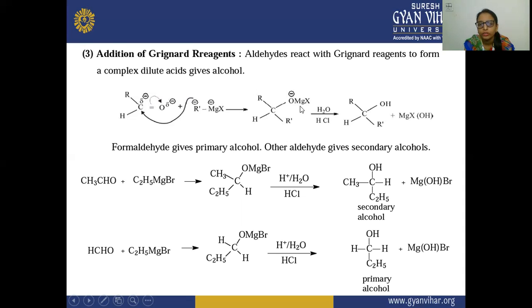After that, in the presence of the dilute acid, this is reacting in the presence of the water and the HCl, and there is a formation of this alcohol. So this alcohol is formed here. From this H2O, this H positive, the acid, will get added to this position, and this MgX will move out from here and react with the base part of this water molecule, that is your OH negative. So there is a formation of MgXOH, and this alcohol is formed here.